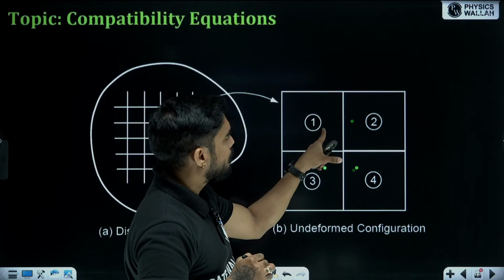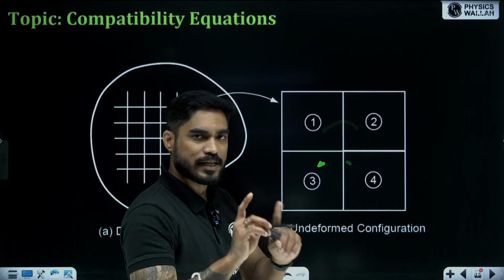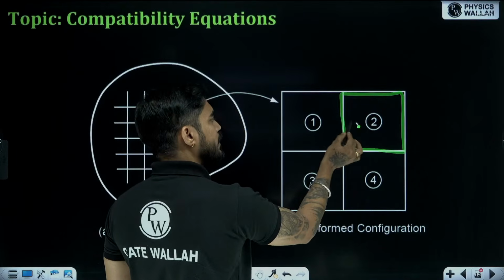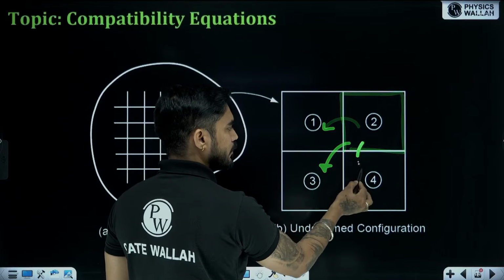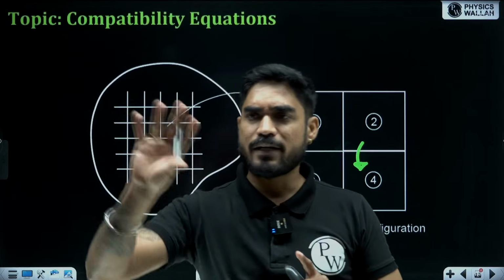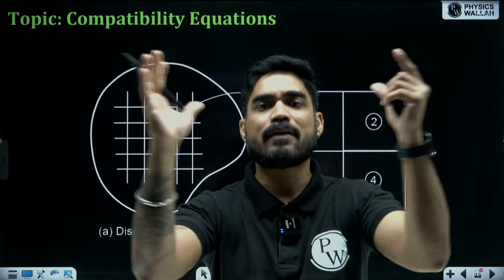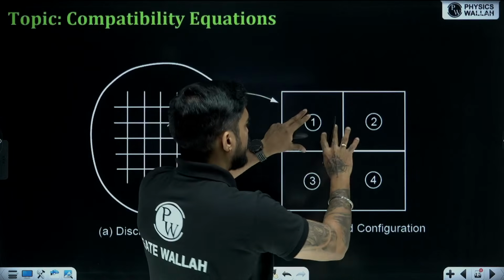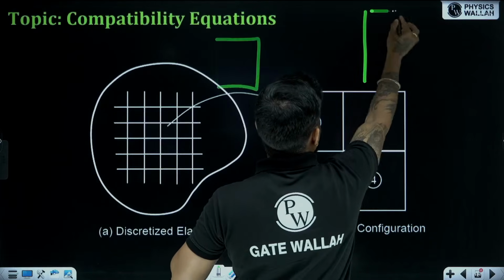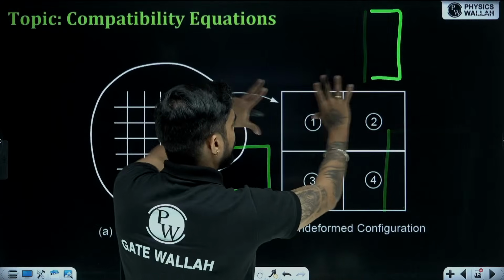So the particles of element number 1 will disturb the particles of element number 2, 3 and 4. Similarly, if you deform element number 2, this will also disturb all these other elements, right? So let's say I have deformed element number 1, 2, 3 and 4, and now I am integrating them again. First I have considered their deformation separately. Let's say element number 1 is deformed like this, element 2 like this, element 3 like this, element 4 like this, and now I am connecting them back.